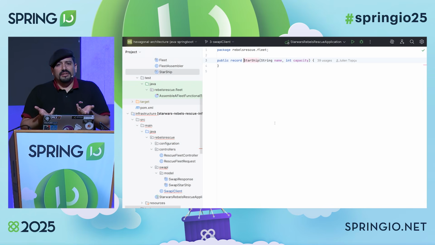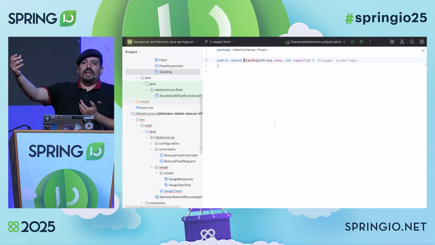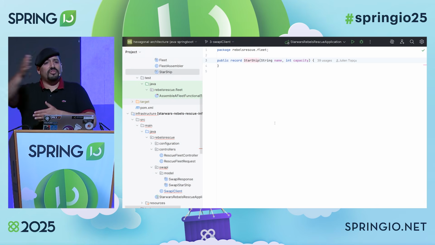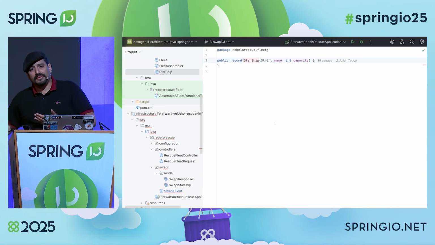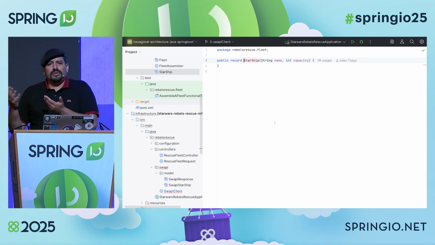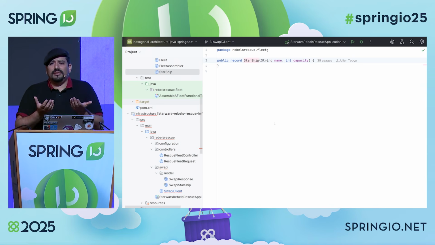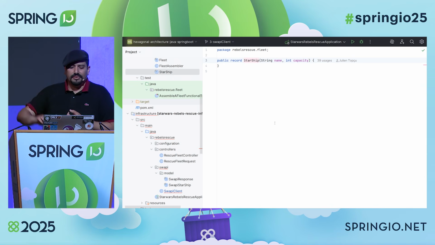Usually in classic layered architecture, sometimes that string will end up in your service layer, and the service layer will have to do all the conversion and so on. But it doesn't make sense, once again, because it's a choice of Swappy. If I'm changing Swappy to something else that uses a big decimal, should I change my service layer, right? This is not my choice. This is accidental complexity. This is the choice of the others.